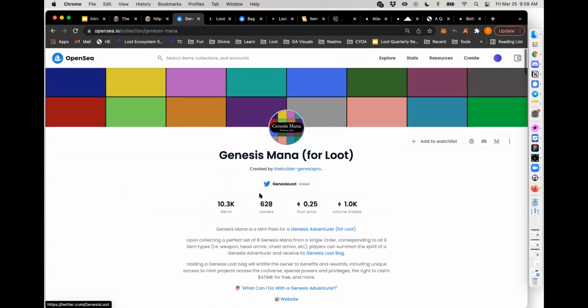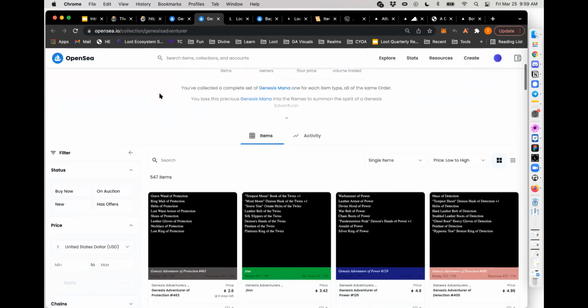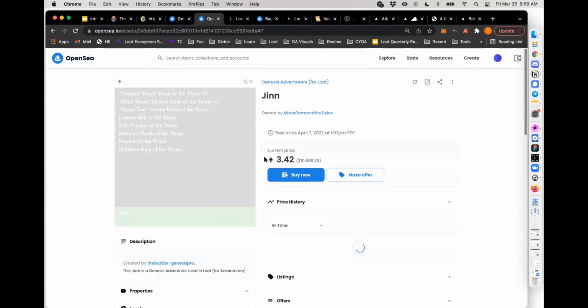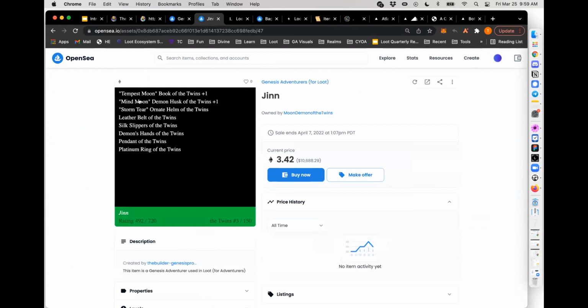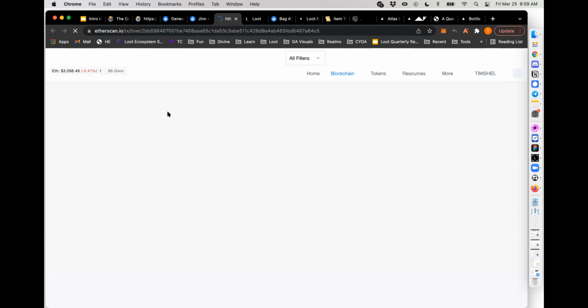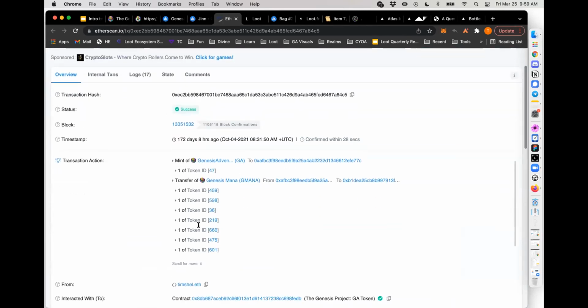And then these Genesis adventures are the most powerful origin characters of the Lootverse. And people are having a ton of fun with these too. Each of these look like a loot bag, but a little bit higher fidelity, a little bit more advanced, a little bit more nuanced, in that they were created by the users purposefully. And the users each distilled this mana out of the loot bags and then traded with each other and then created these characters. So each of these Genesis adventures are themselves on-chain actions and on-chain proof of collaboration,